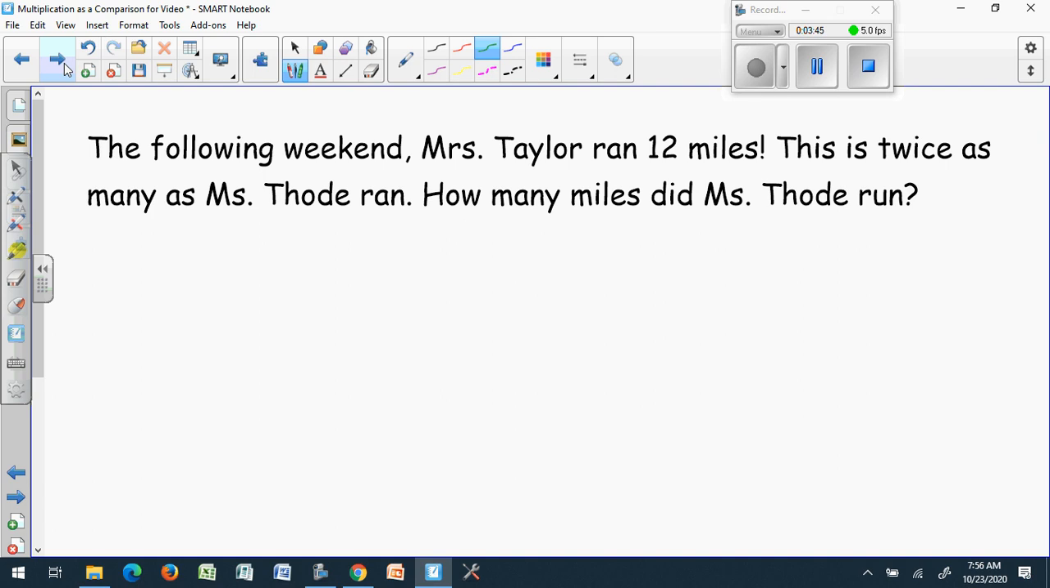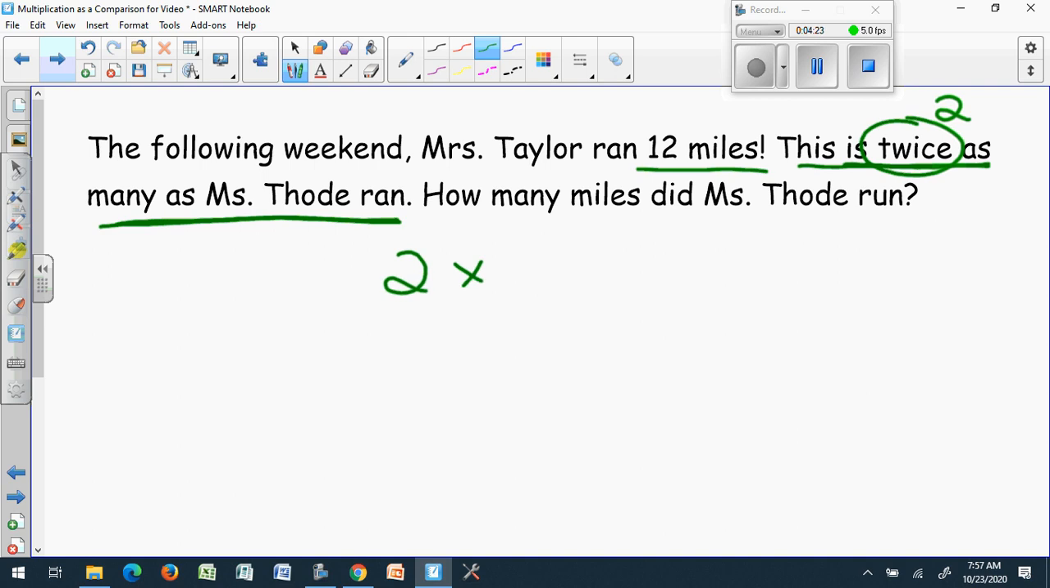The following weekend, Mrs. Taylor ran 12 miles. This is twice as many as Miss Thode ran. Now here is why this problem is trickier. Because this sentence tells me that Mrs. Taylor ran more miles. Because it says this is twice as many. So what I need to think about, I know twice means 2. I now need to think 2 times what